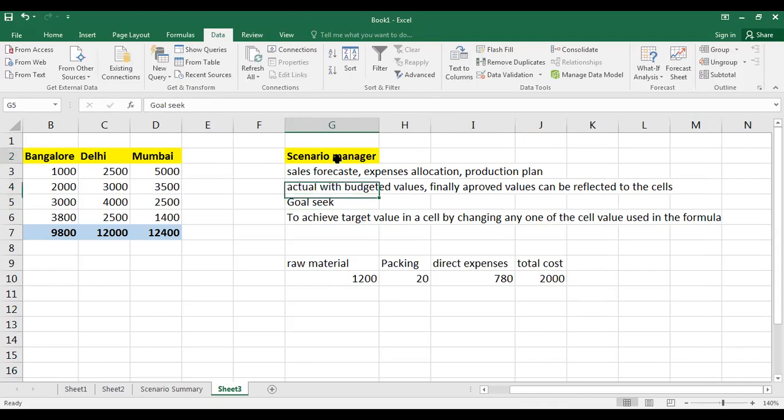Now a small question. Already in scenario manager, this cell is having some format. I want to use the same format for goal seek. What is the simplest way to do that? It's a small question. Anybody can answer. I have some formatting. I just applied the background color as yellow, text as bold. This formatting I want to reuse for the cell where I have written goal seek. I just want to use the format from one cell to another cell.